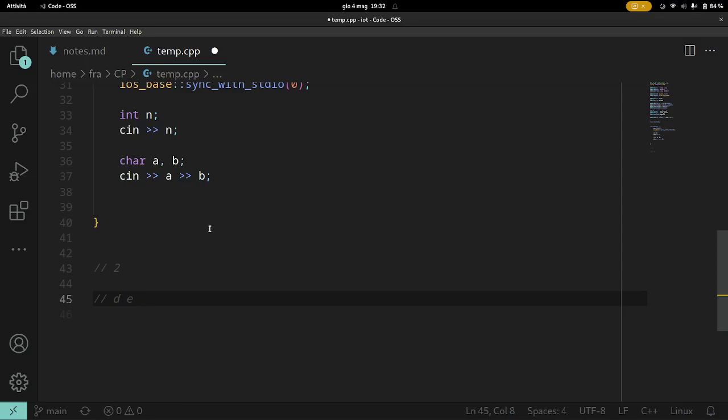So what if we want a string that takes the whole line, with spaces? Yeah, use getline. But in 99% of problems with characters, you don't have strings of that type, because they are made in a way that doesn't require particular input. In some specific cases you may need to input that too, but it's very, very rare.